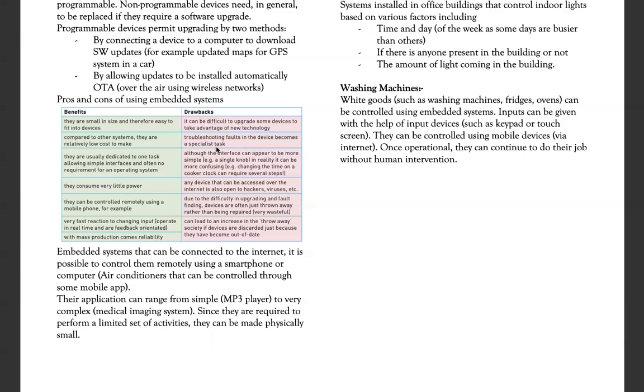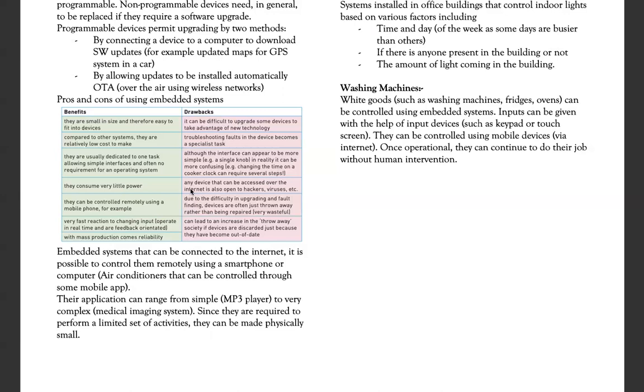You can't simply go on Google and search for a method for solving a problem. No, you have to have a specialist to do it. And if it's done wrong, the embedded system can be corrupted forever. Although the interface can appear to be simpler, in reality it can be more confusing. For example, changing the time on a cooker clock can require several steps. As opposed to our mouse cursor and the simpler GUI available on a general purpose computer, embedded systems do not have such facilities,